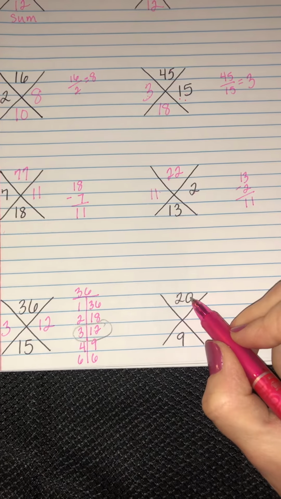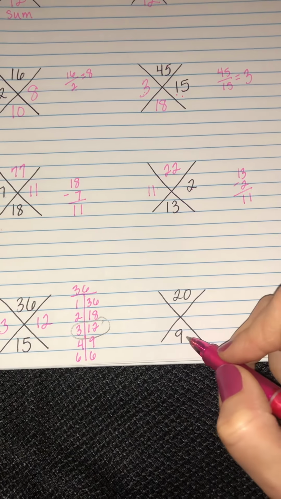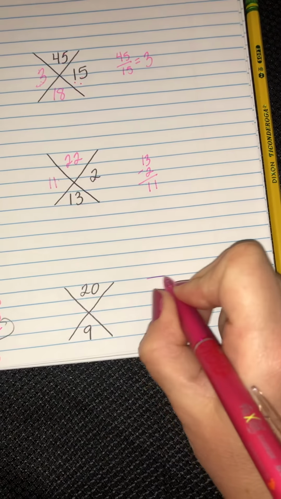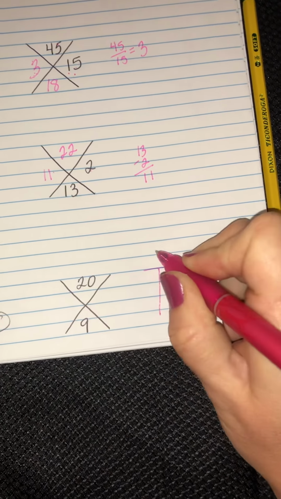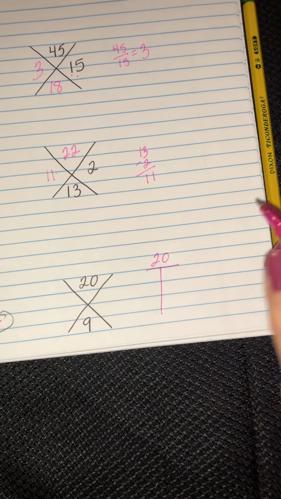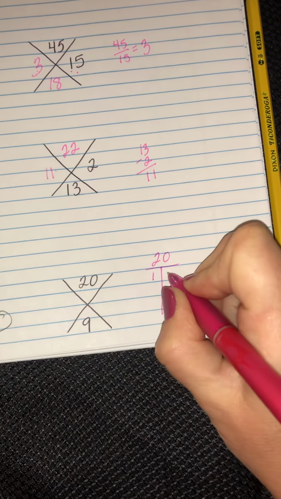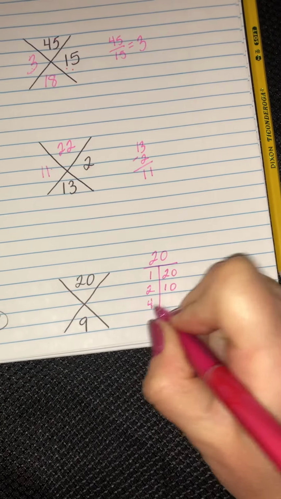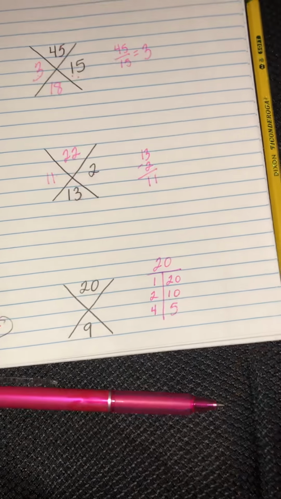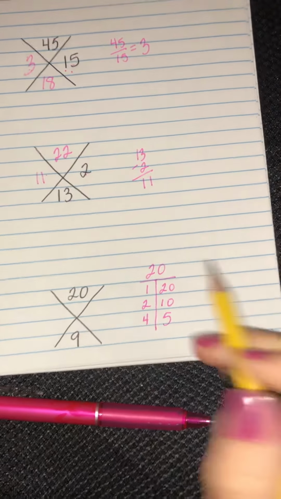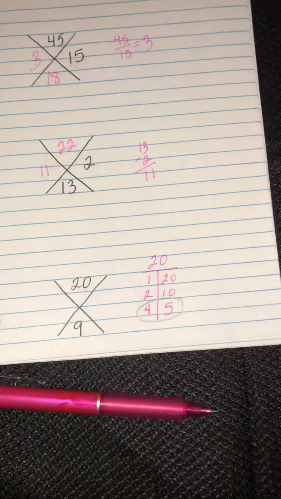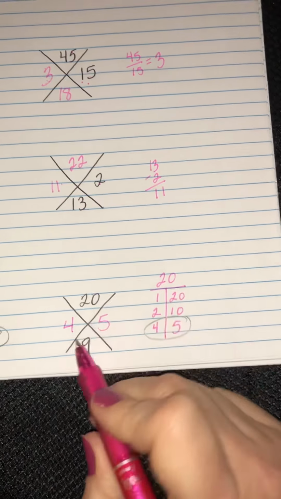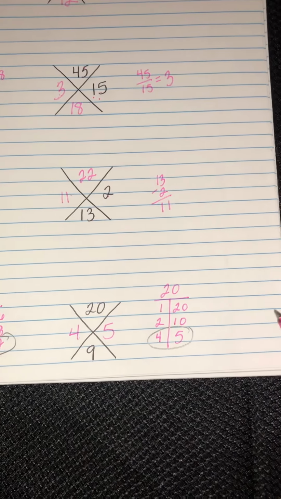We've got 20 on top, that's our product. 9 on the bottom, that is our sum. So I'm looking for two numbers that multiply to give me 20, but add up to give me 9. So my possibilities are 1 times 20, 2 times 10, or 4 times 5. So which ones add up to 9? That's going to be right here. 4 times 5 is 20. 4 plus 5 is 9. Okay,